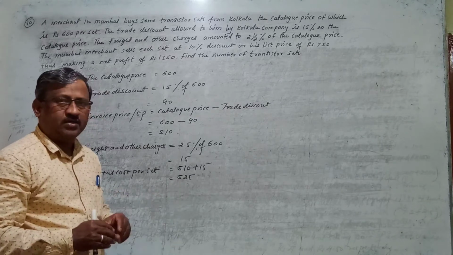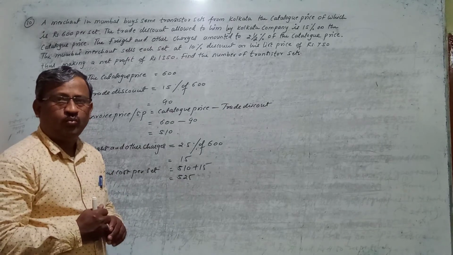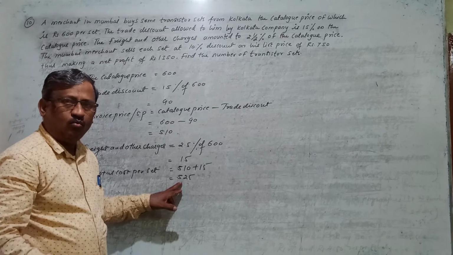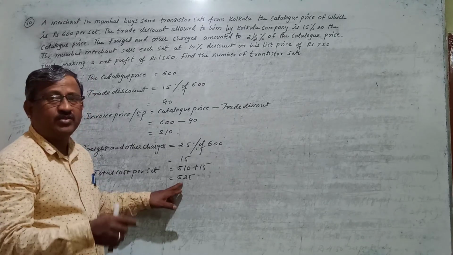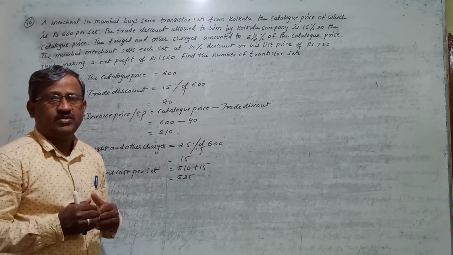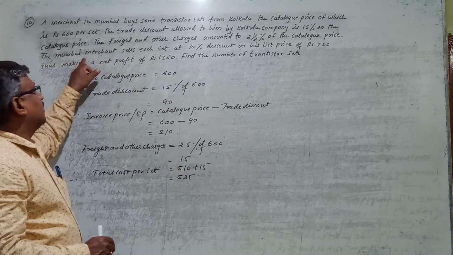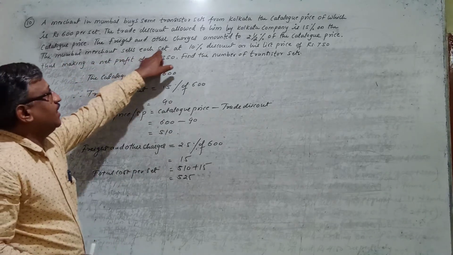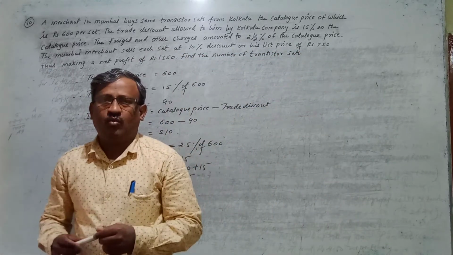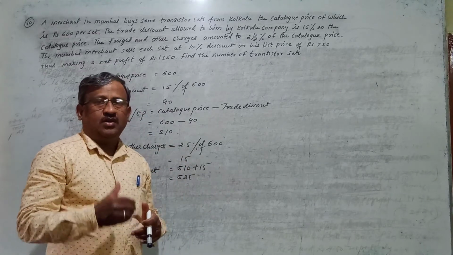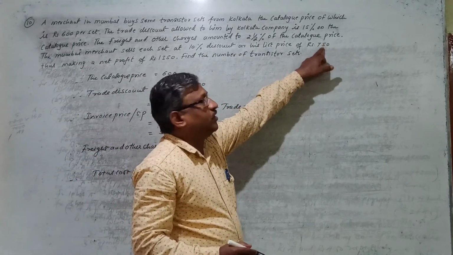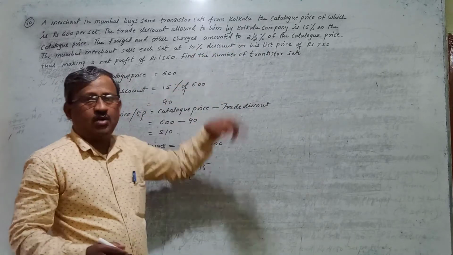Now after buying, what does he do? Again he wants to sell the same to whom? To his customer. And to sell to his customer, he will not sell at 525 rupees. Again he refixes the price of the same transistor set in such a way that after giving some discount to his customer, he makes some profit. So what has the Mumbai merchant done here? The Mumbai merchant sells each set at 10% discount on his list price of 750. Means again the Mumbai merchant has fixed the catalog price of his transistor set at what price? 750 rupees. And on this price, he is giving 10% discount to his customer.